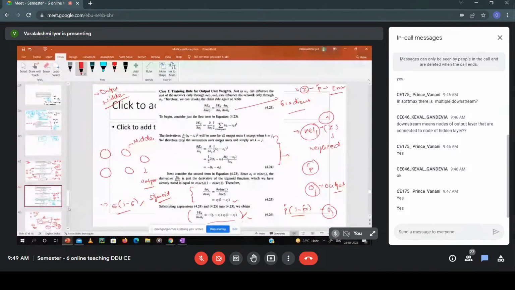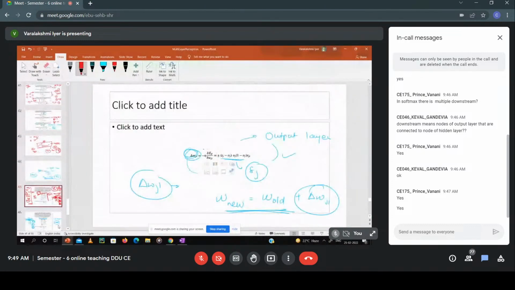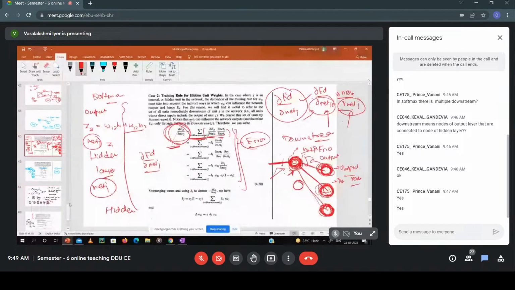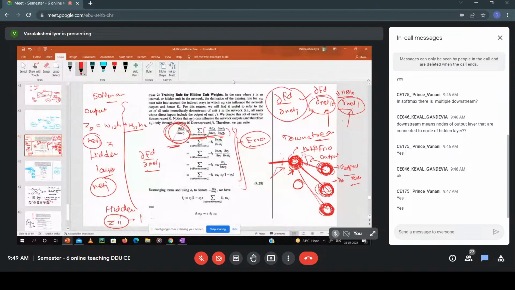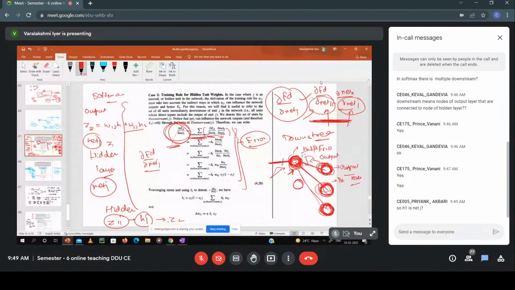So you can say that any change that you make in the case of Z111 will ultimately impact your H1, and this will ultimately impact your Z2. Now, are you able to see this? Are you able to visualize this? So net,